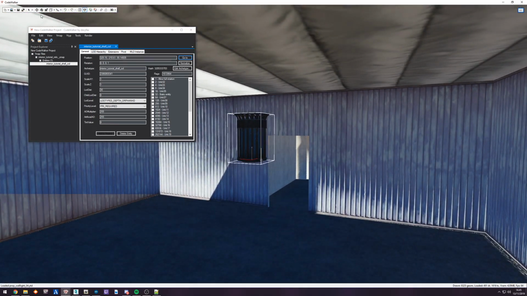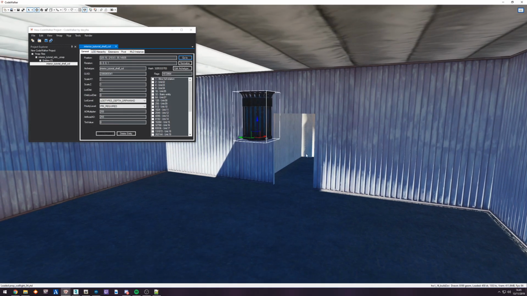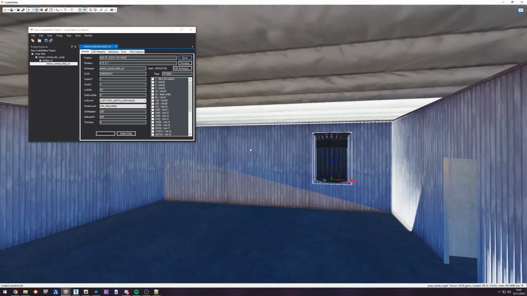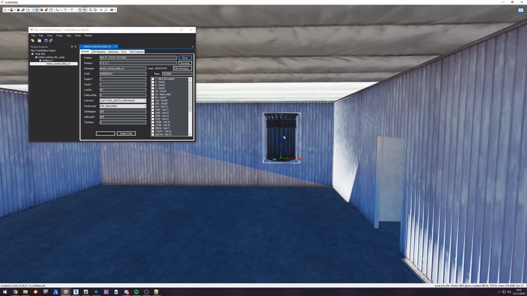So now we're going to add a few entities to our interior. I only have a trash can because you need at least one thing in here, which in my case is going to be the trash can. So we're going to select our trash can, click add to project. And now you can see it adds the Y type with the shell collision, limbo, and room 1. So you want to make sure whenever you add something, you add it to room 1. In this case, we're going to leave the trash can, but we are going to add another entity,